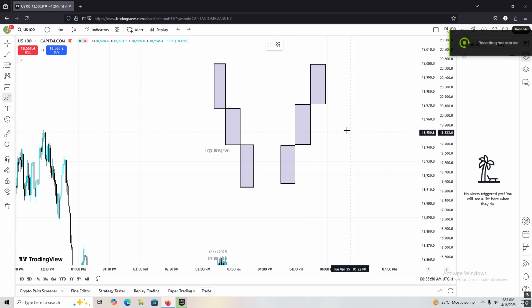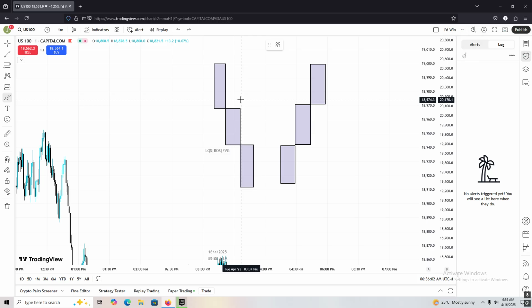Okay, so today we're gonna be talking about fair value gaps. Fair value gaps is basically a lack of orders within the marketplace. They can also call it imbalances. So a fair value gap is basically